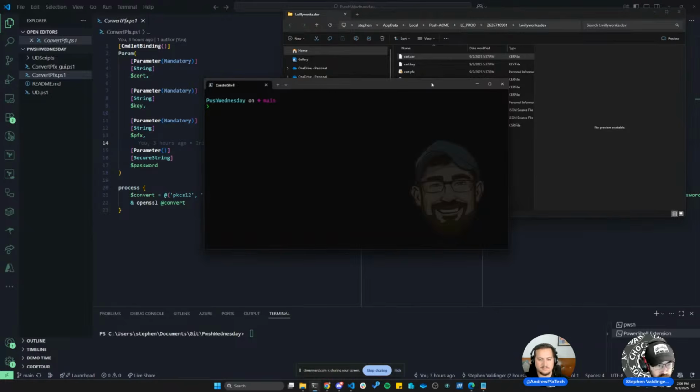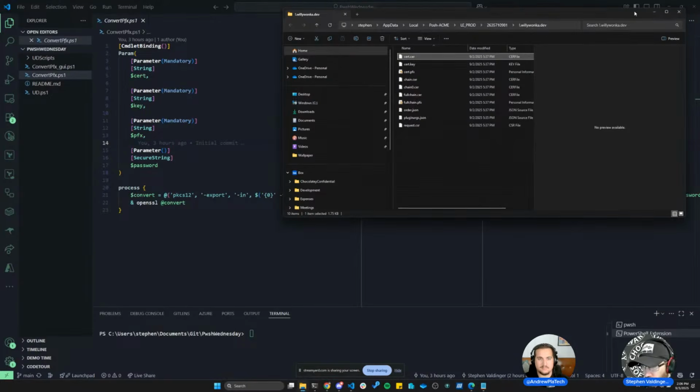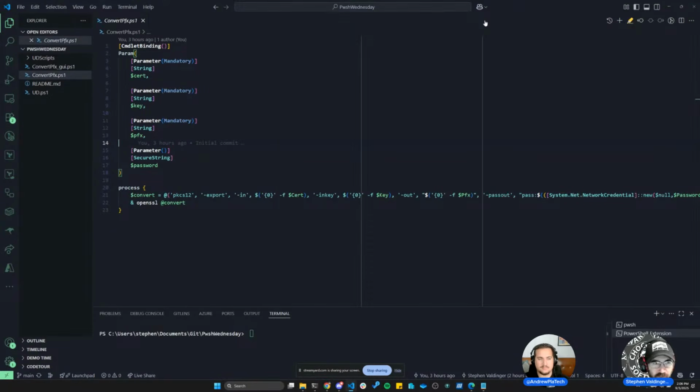What if you are not a PowerShell developer or very, very new to PowerShell and everything I just did is super confusing? Well, thankfully, PowerShell can help you out there as well. We have the ability to create GUIs out of PowerShell scripts. And one of my favorite tools to do that, and it's really, really new, it's not been out very long,